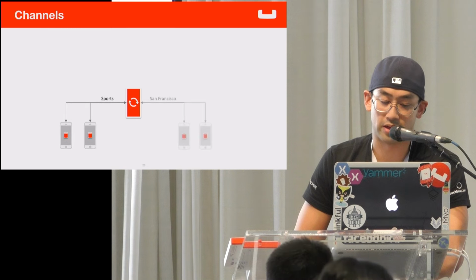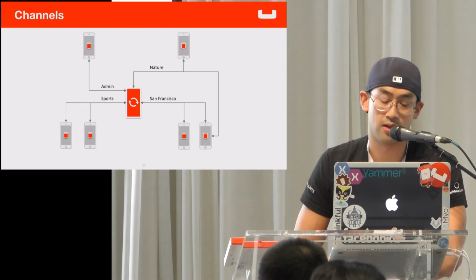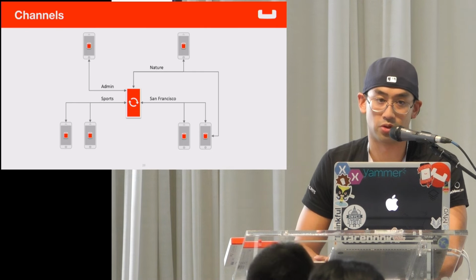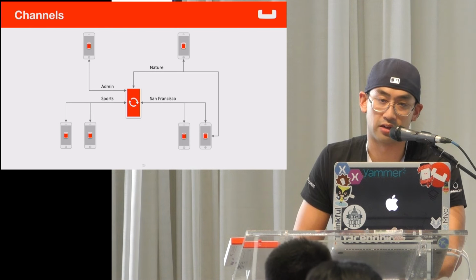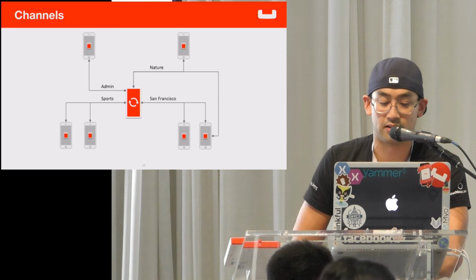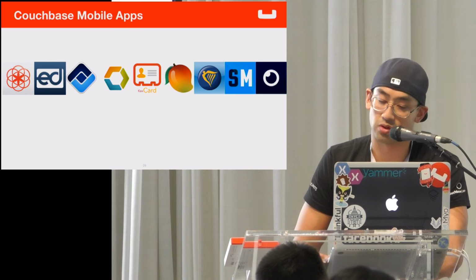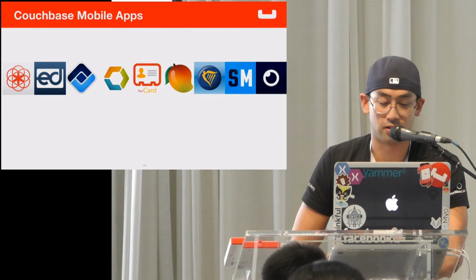You can do channels, right? So this is where you can create channels, you can subscribe to it. So imagine you work on a team, you can put different users, different employees on different channels, and when you update a document, when you update a database, they are the ones who can get certain access to that channel. And it's in production. Lots of apps are using even more than what I've displayed. So these are all in the App Store.